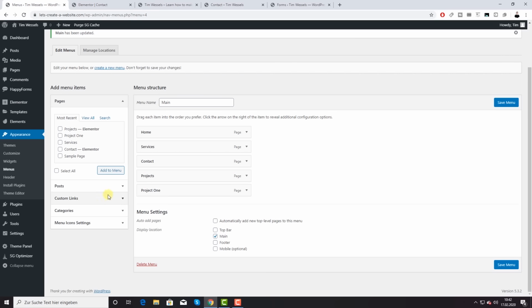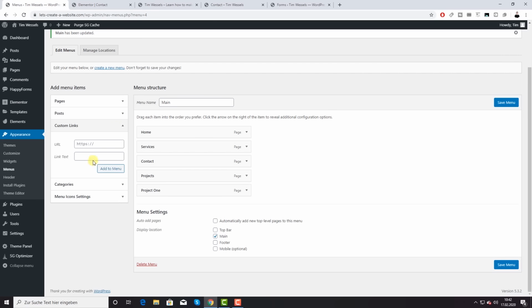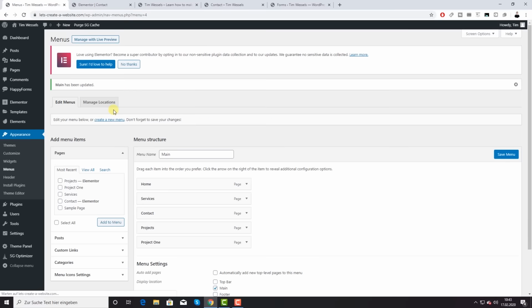You can also do custom links. So for example, if you want to link to google.com or YouTube or maybe a partner site, you can give this link a name, for example, YouTube, and then just fill in the URL of the site you want to link to, add it to the menu, and then it's just another point like that. Okay, so we've done everything here, make sure that it's saved,